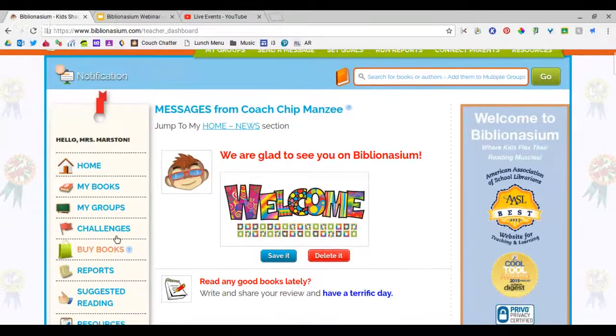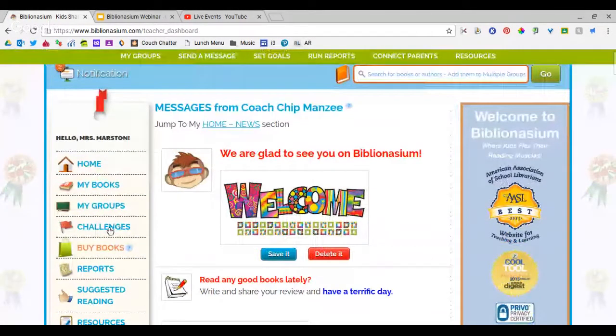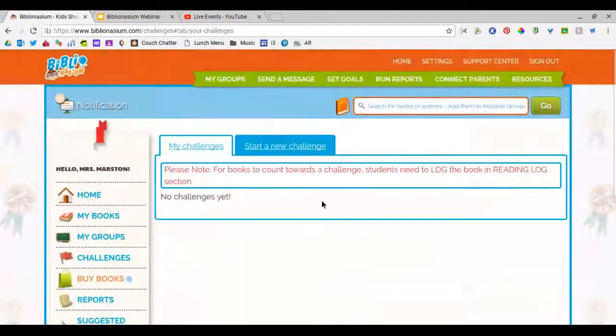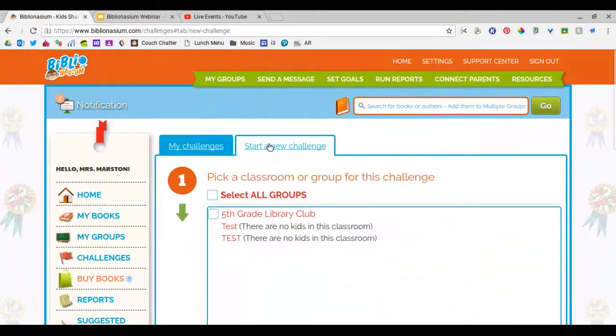Okay. The next thing we're going to look at is challenges. You can find that by clicking on the left-hand side. I love this feature because it really helps students set goals, and you can model how to do that. So if you click on Start a New Challenge,